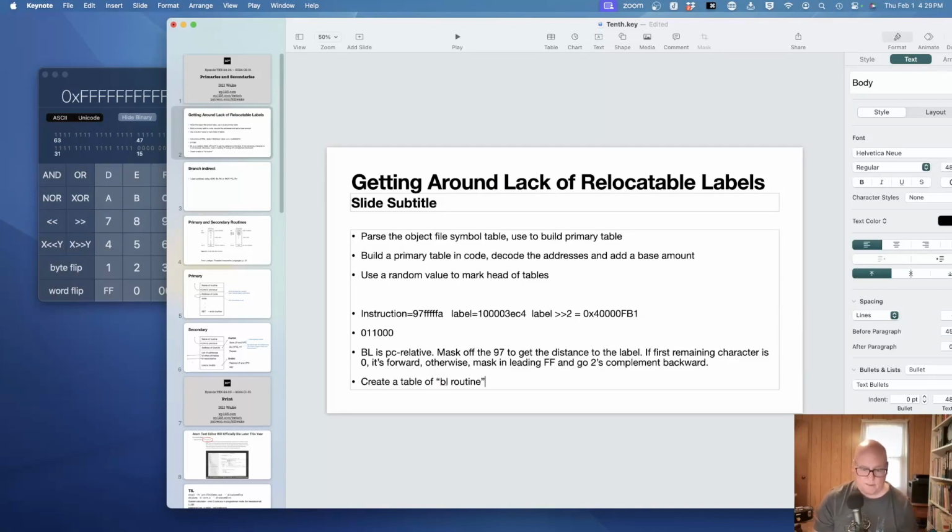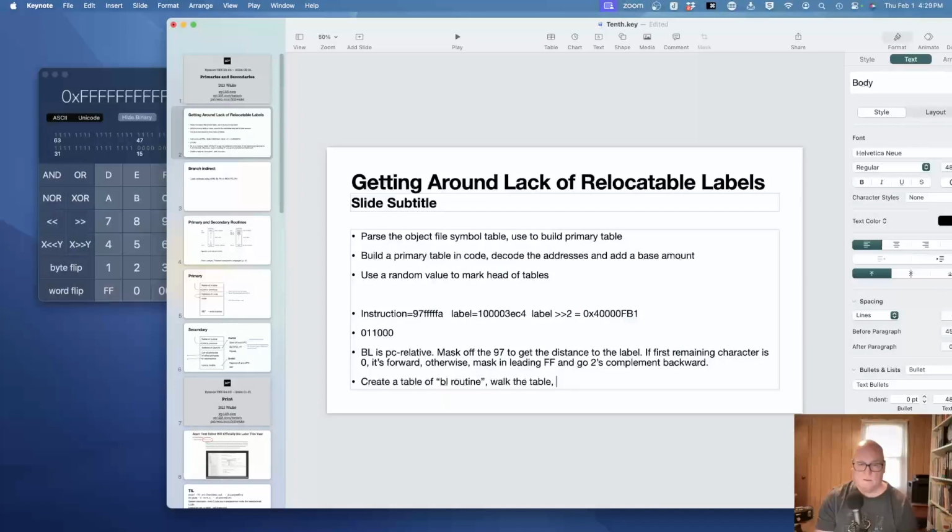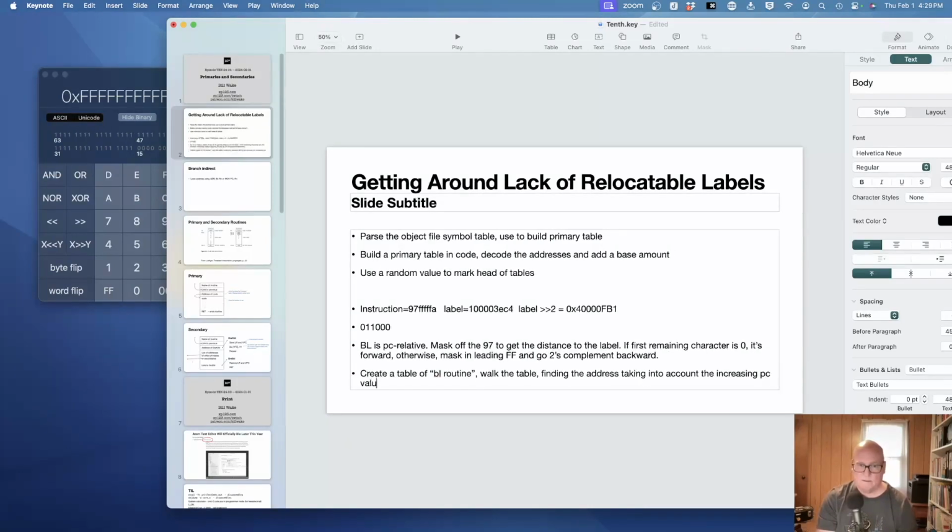And then walk the table, finding the address, taking into account the increasing PC value of the table. Yes. Use the table plus an instruction position times 4. Yeah. Well, it sort of tells you how many words backwards to go. Yeah, but it's